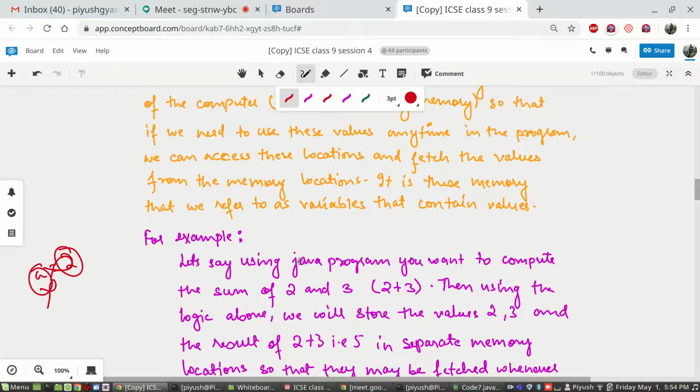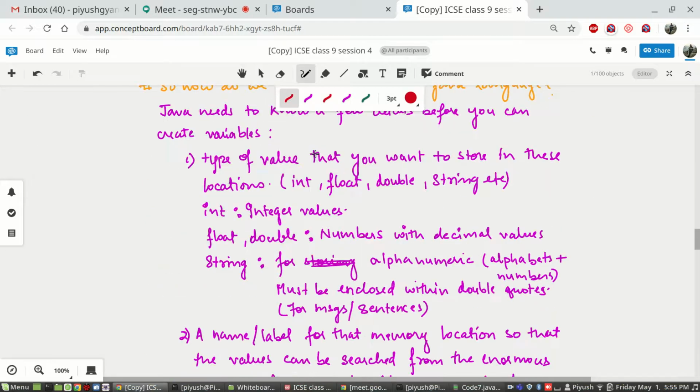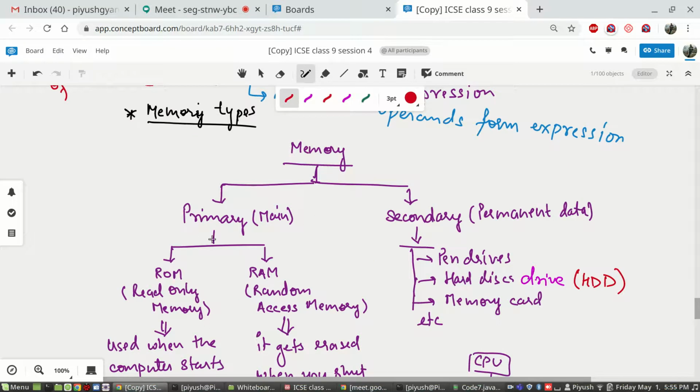Sir, RAM, comma, why the primary memory? RAM is one of the types of primary memory. See, the computer has two types of memory, primary or the main memory.